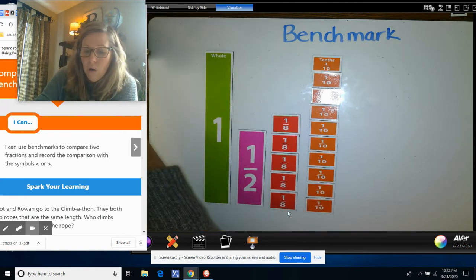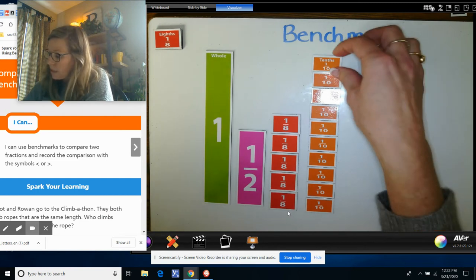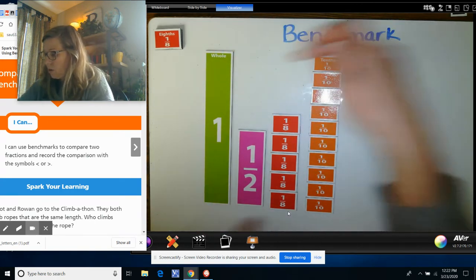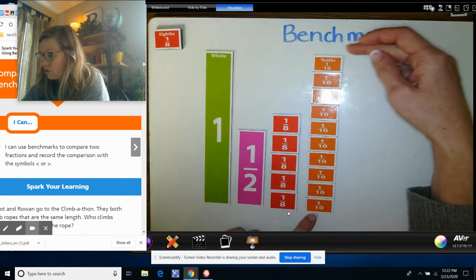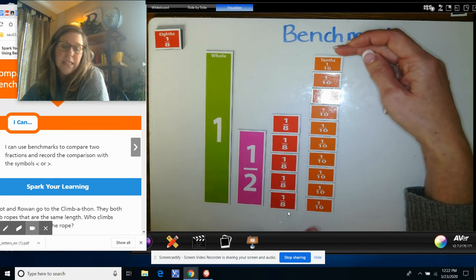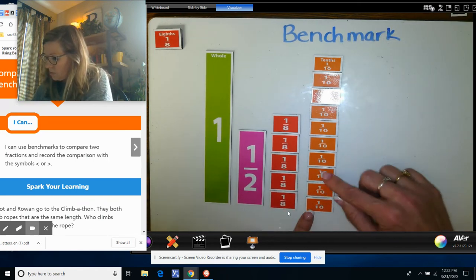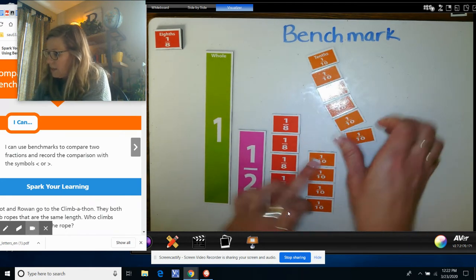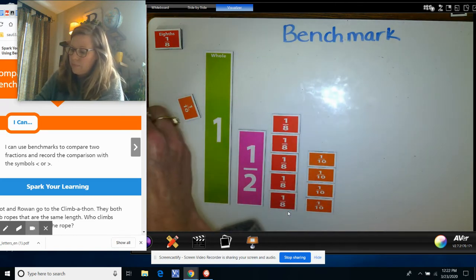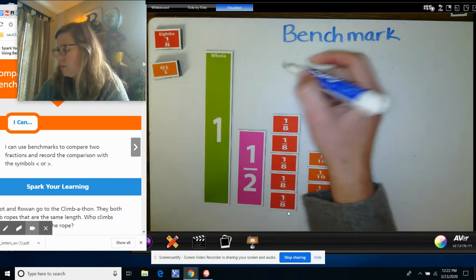We also know that Rowan, he climbed 4/10. I just want you to see this too, that his rope is the same as the whole that we're going to be comparing everything to. But he split his rope into tenths. But he only climbed 4/10. So 1, 2, 3, 4. We don't need the rest of these, so we're just going to take them away. So this here is 5/8,